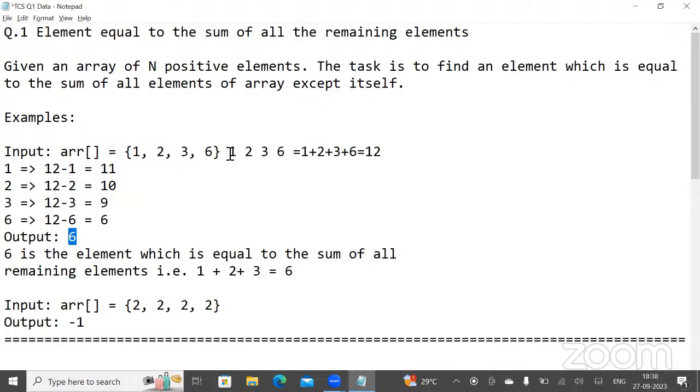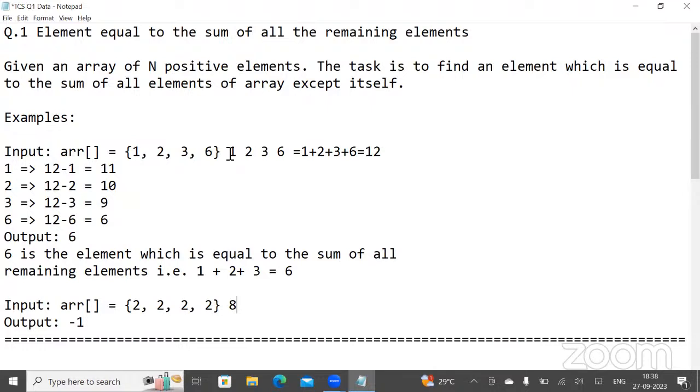Now for the second test case, let us apply the same rule. Here we have 4 elements with the value 2 plus 2 plus 2 plus 2, so the total sum of the array is 8.